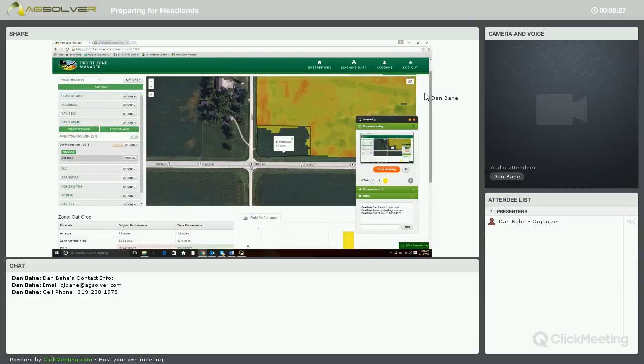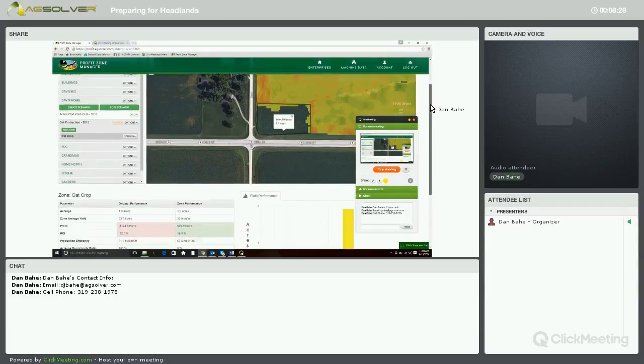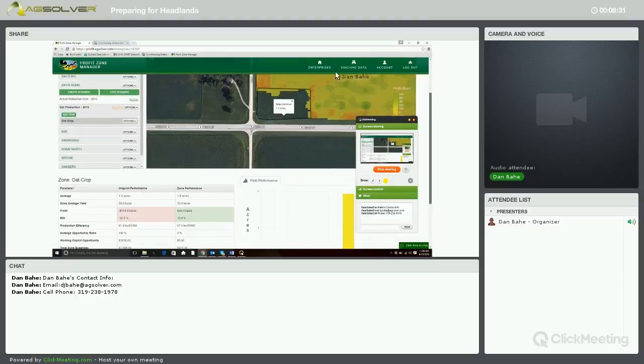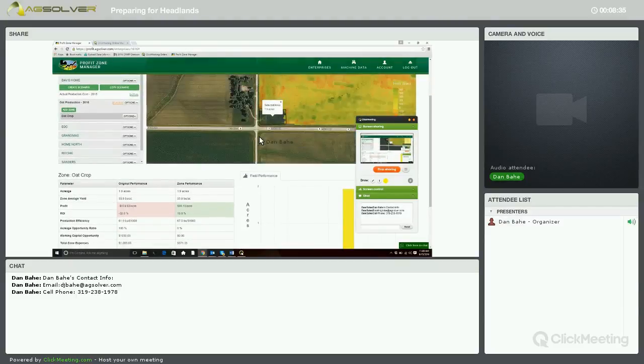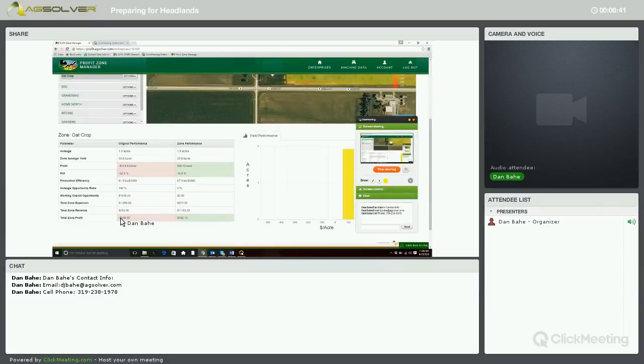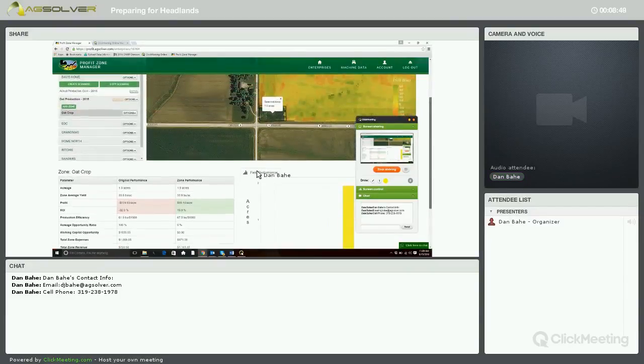And for us, this was when we weren't producing any yield on that area, or very limited. We were actually losing quite a bit. Had a total zone loss of before negative $338. Now we're actually producing a little income. And then what we also did